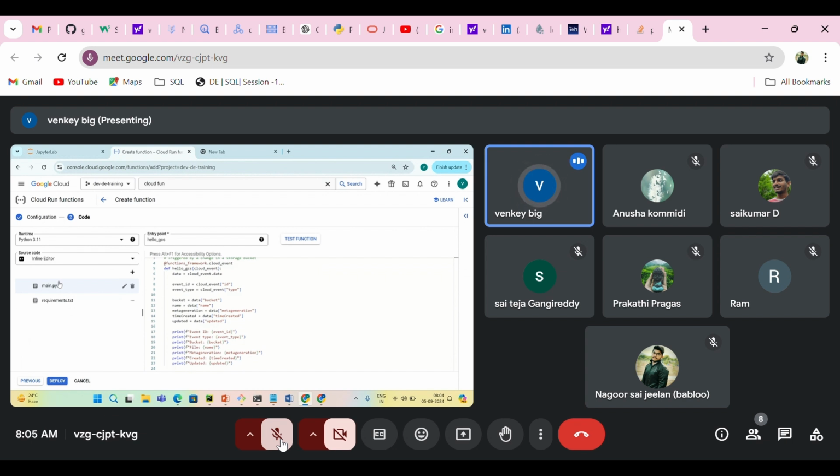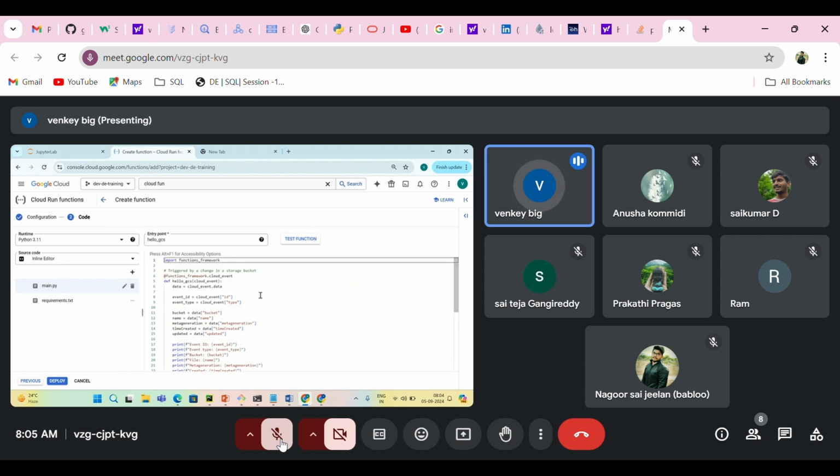Be very clear. Okay, so now here, if you see, you have functions framework, and then you have hello GCS. So this is your function, and the input for this function is a cloud event. As and when the file gets created in the GCS, that entire metadata